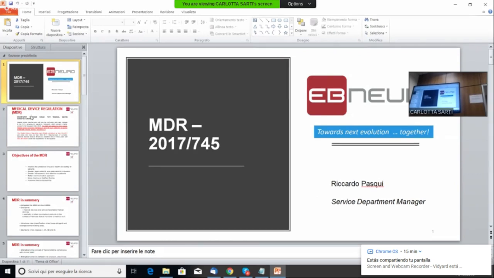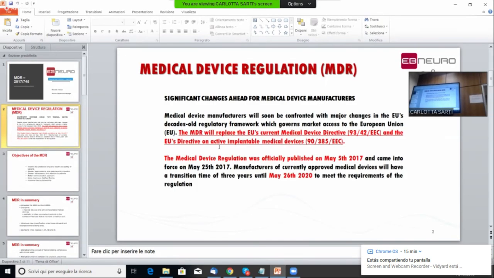So the medical device regulation changed the whole directive of the European Commission, and in the past we had the 93/42/EEC Medical Device Directive, MDD. Now we have MDR.